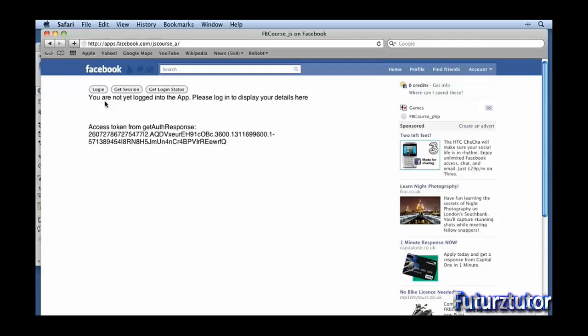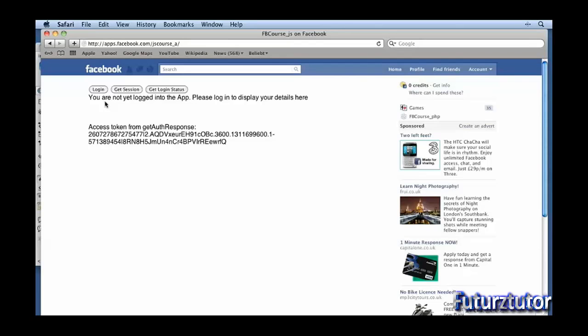The approach taken by the PHP SDK in this respect is less obtrusive because the user will not be redirected to a login prompt if the initial call to the SDK getUser function detects a valid session and access token. This is another difference between the two SDKs. However, by using the getLoginStatus function, you can provide similar logic within your JavaScript SDK applications and provide a similar experience. There are cases where an access token or a session may no longer be valid. It may have expired, or for other reasons may no longer be valid for your application. In these cases, you'll need to prompt the user to log into the app again, and you'll need to retrieve